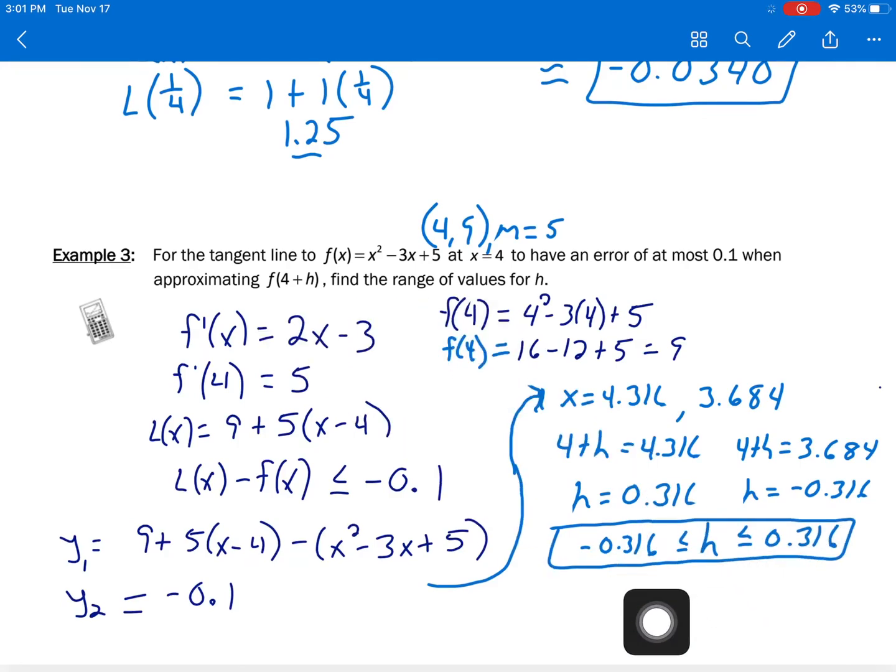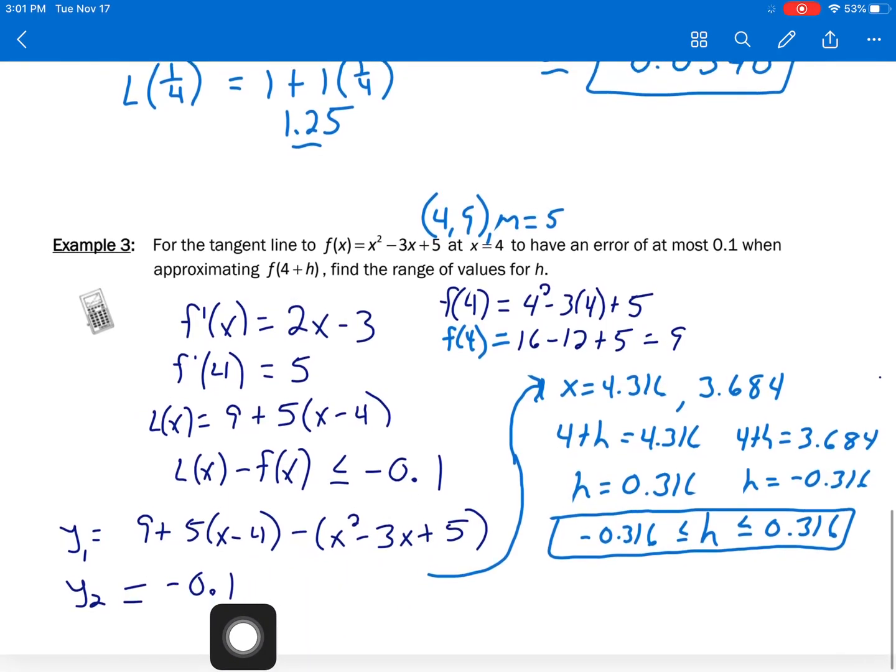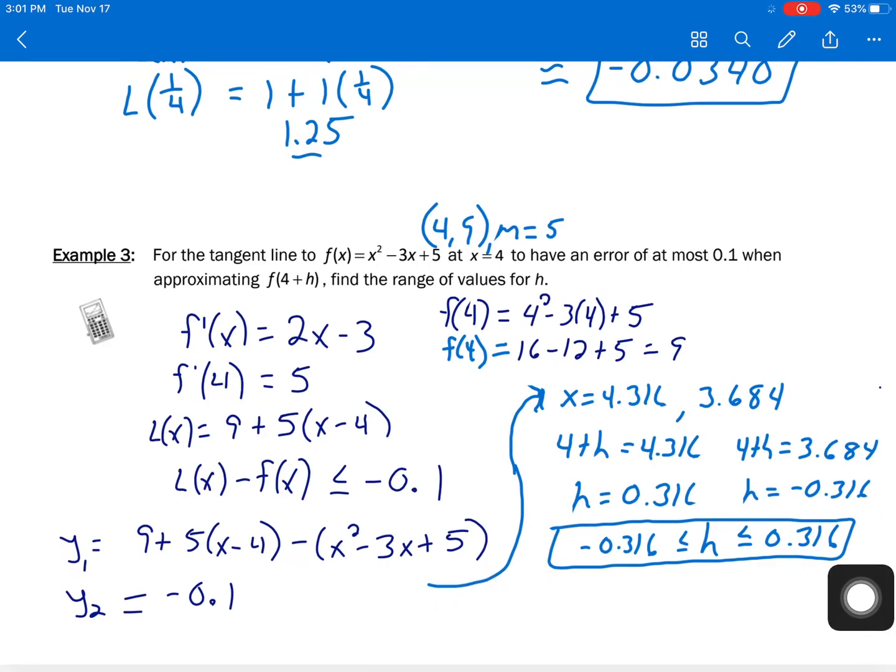Your h values would have a tolerance from negative 0.316 to positive 0.316, and that's going to give us that 0.1 amount of error in the function. As far as the left-to-right movement, you could move this far to have that amount of error